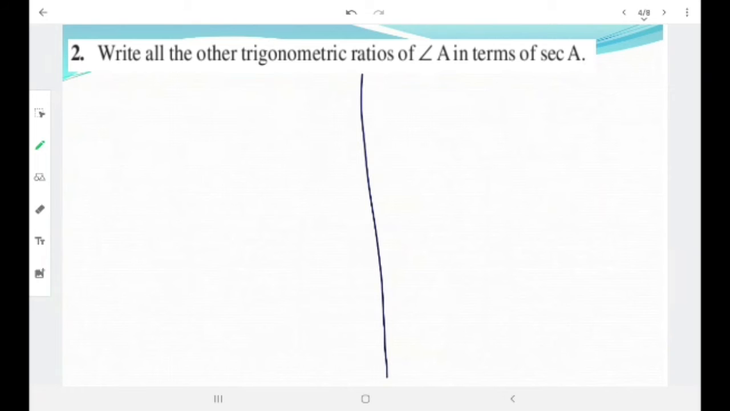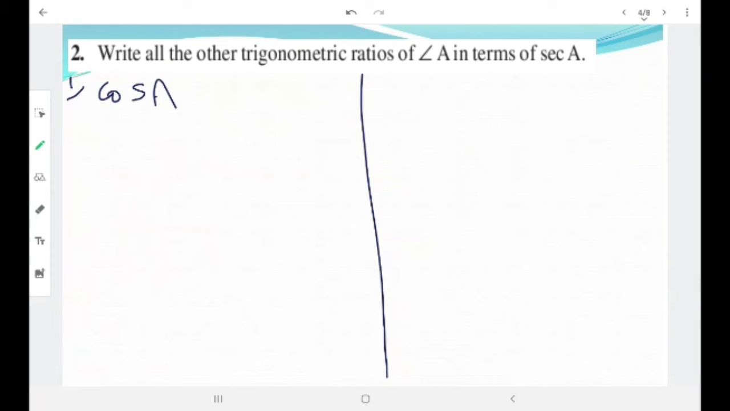Now let's move on to question number 2 of exercise number 8.4. Write all the trigonometric ratios of angle A in terms of secant A. That is, we have to write sine, cos, tan, cosecant and cot in terms of secant. First one,